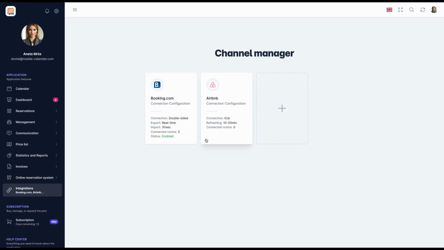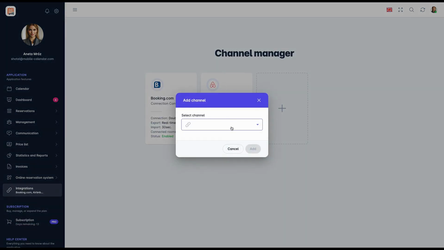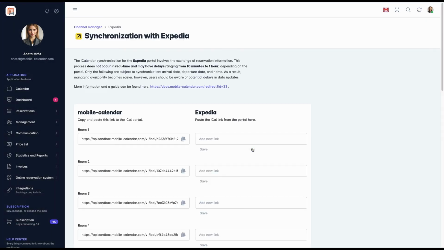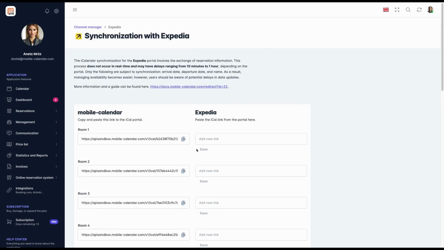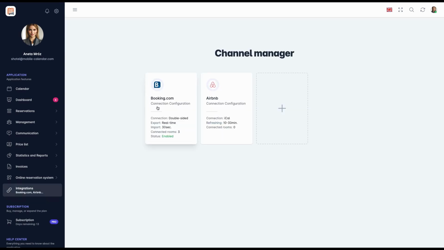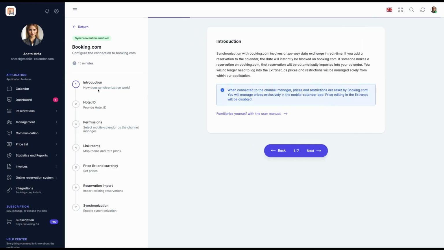Now we move to the Integrations tab, where we can connect with external OTA systems such as Booking.com, allowing automatic transfer of reservations directly to the application. This feature allows to synchronize all reservations into the system, eliminating the need for manual data entry and minimizing the